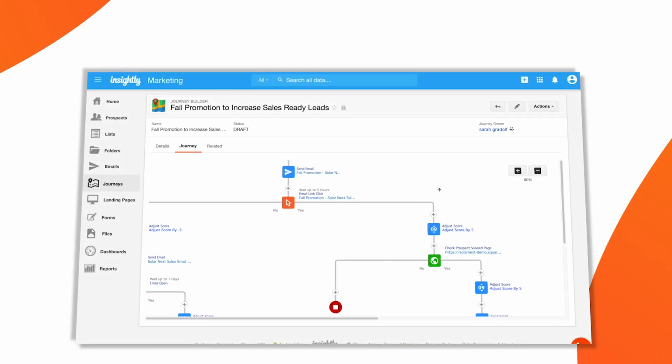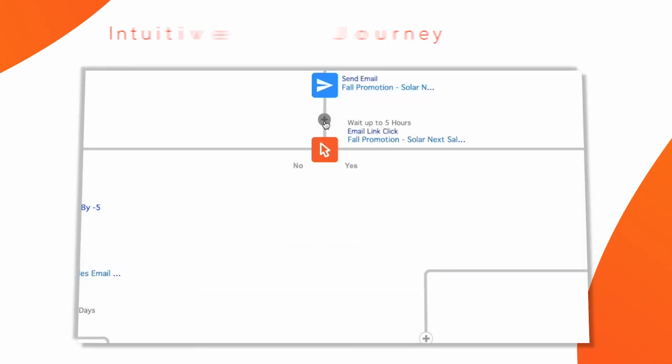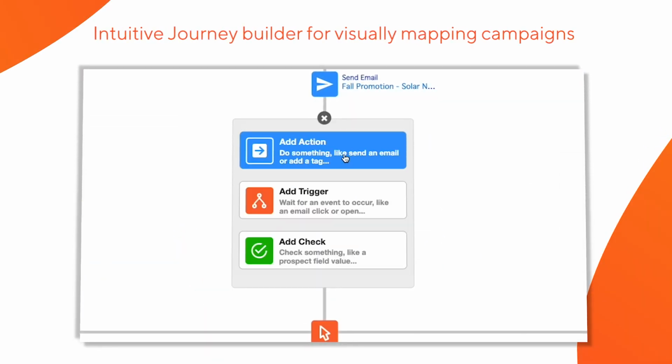My name is Sarah, and today I'm going to bring you through an introductory product demo of Insightly Marketing, a marketing automation solution built in complete alignment with Insightly CRM, designed to enable B2B and B2C marketers to engage in simple, smarter online marketing. In this demo, we'll specifically review our intuitive journey builder used to visually map out your campaigns